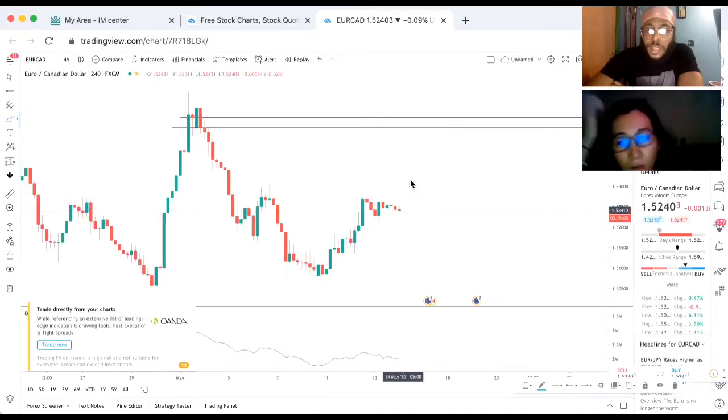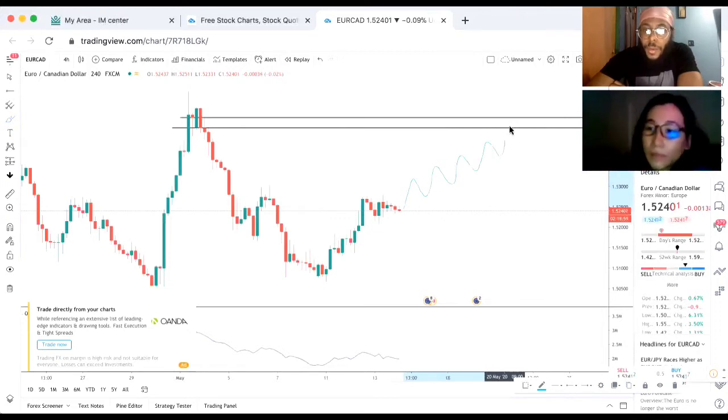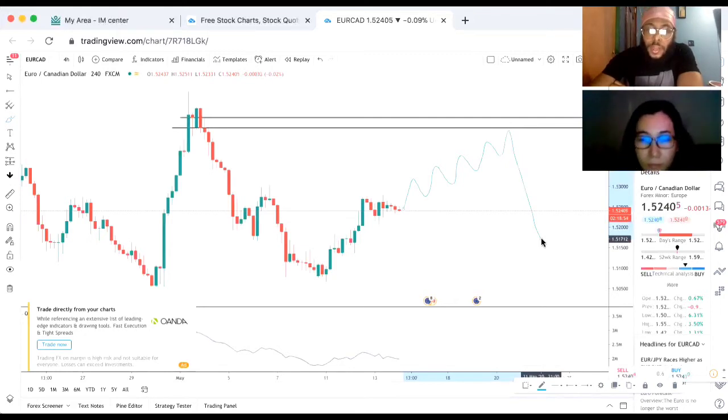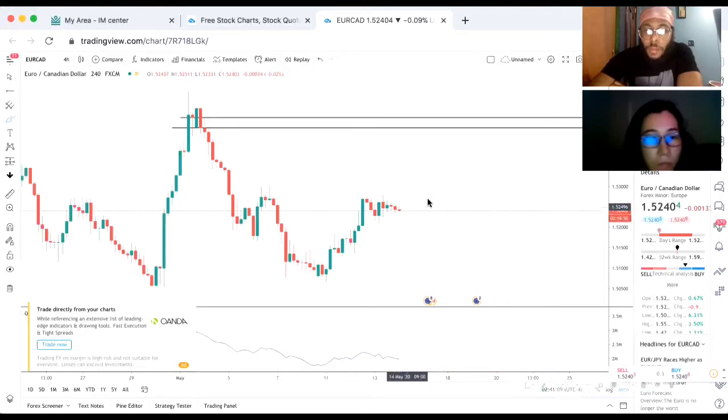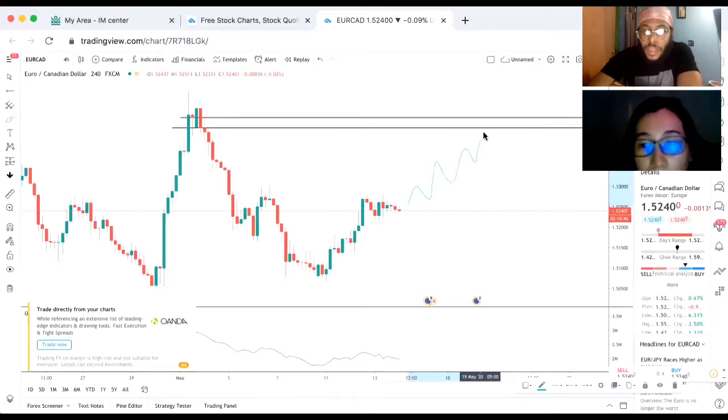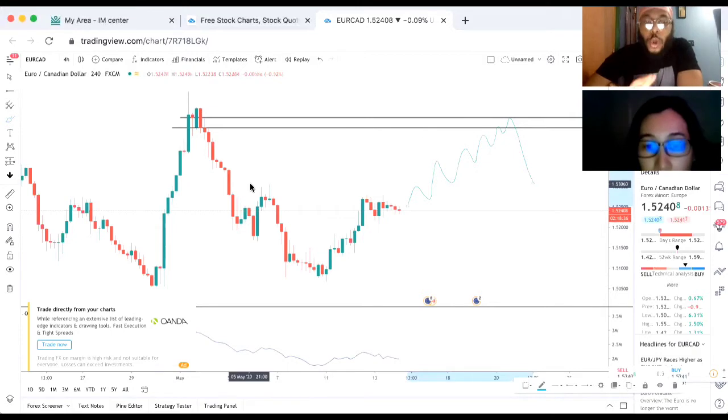So if price does something like this, it goes up, it goes up, it goes up. We wait for it to reach, boom, and then it drops. Or it can do this. Let's say it doesn't stop at the first one. It can go up, go up, go up, and it'll pass the first level, and then it'll hit the second level and then drop. Those are your two entries off of points of interest.